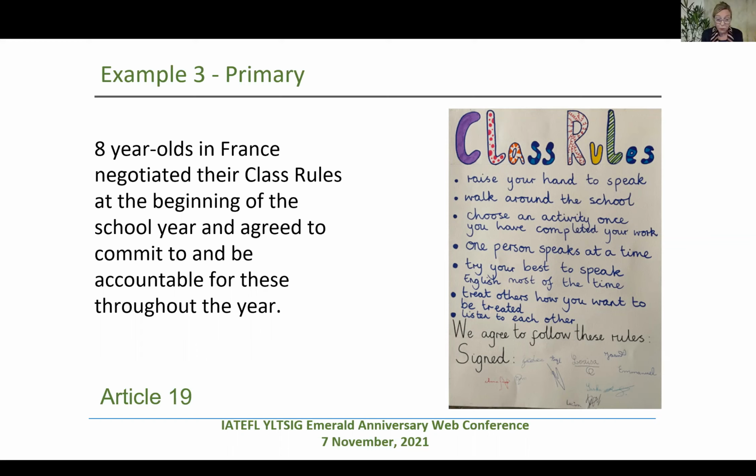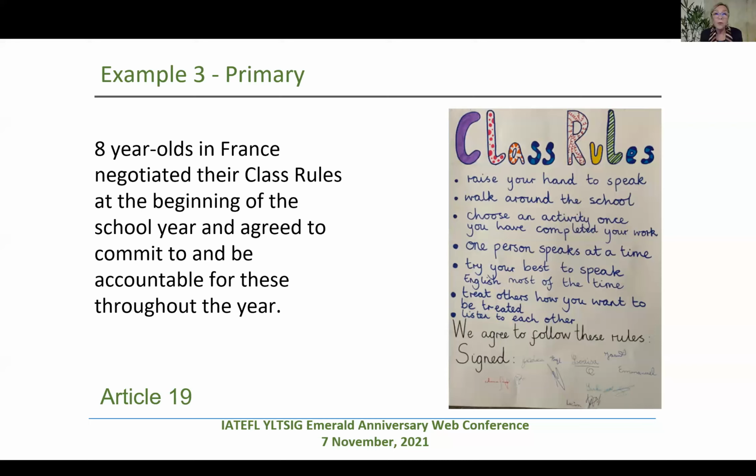And the class rules have been applied to set up a positive, inclusive classroom climate and a safe space of mutual confidence and respect in the teacher-class relationship. So this will mean that children will not be afraid to experiment with the language and take a risk with the language or to make mistakes, because there'll be a supportive atmosphere, where mistakes are seen as learning opportunities. They agree to listen to each other and to take turns and to treat each other kindly. So in other words, no ridiculing of each other, no bullying.